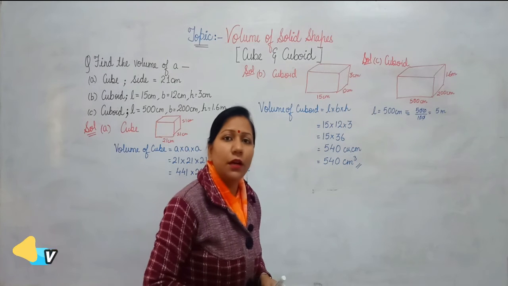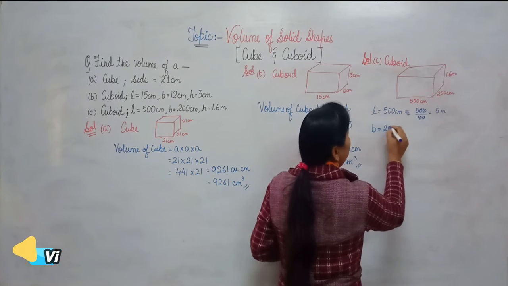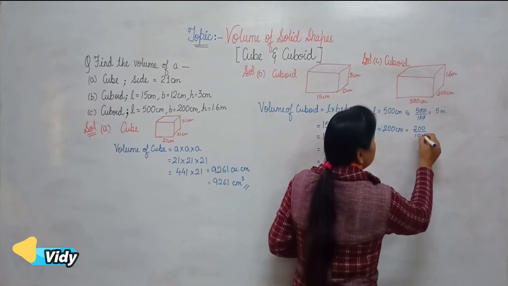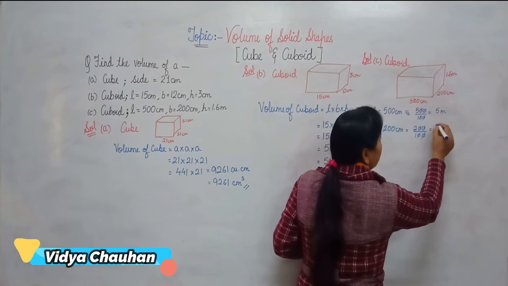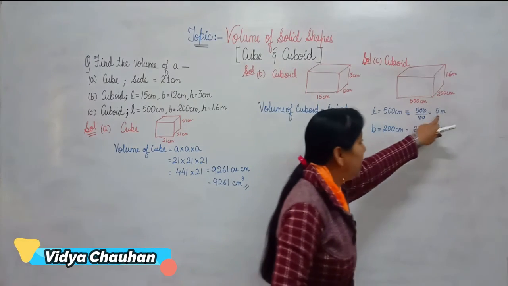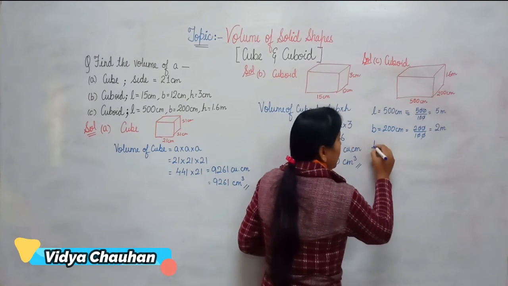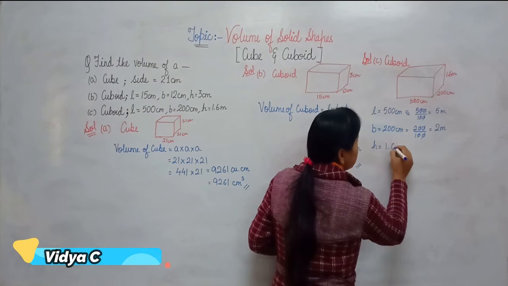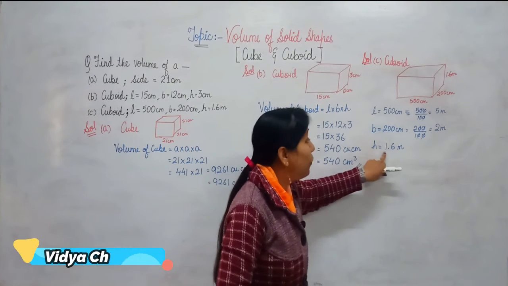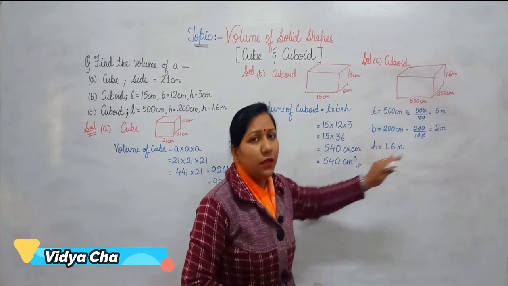That means length of the cuboid is 5 meter. After that, breadth is equal to 200 centimeter. Converting this value also into meters, dividing by 100, you will get 2 meters. So that means length is now 5 meter and breadth is 2 meters. Now, what is the third dimension? Height. And height is given to us in the terms of meter, as in the question, 1.6 meters. So there will be no conversion here with the third dimension.